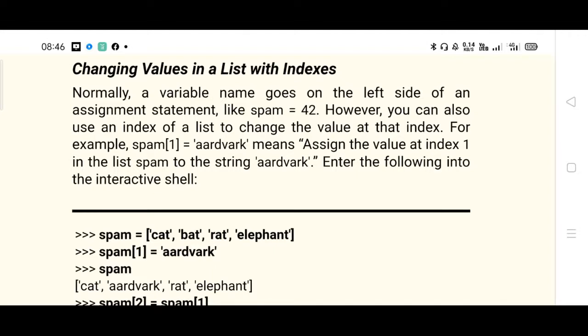So next is about changing value in a list with index. So changing value in a list. Normally a variable name goes on a left side of a assignment statement like spam is 42. However, you can also use an index of list to change the value at the index. For example,